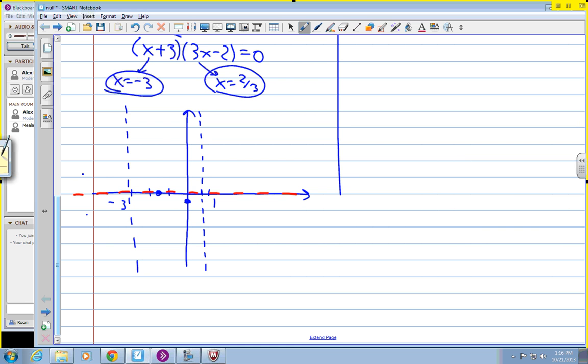Actually, let's make some assumptions, okay? Because I think we discussed at the end of last class that we can use that idea of multiplicity here. The sign of the function has to change around the asymptotes or zeros of odd multiplicity. So if you think about this, if you try to connect